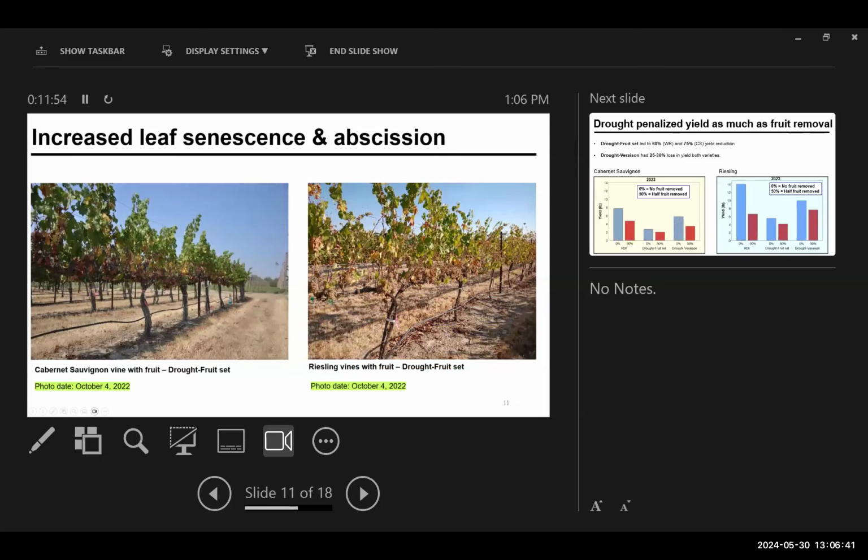These vines, I will show you photos. On the left is the Cabernet Sauvignon vine with the fruit on, and they're the ones that were undergoing drought from fruit set, the long or early drought. The ones on my right are the Riesling vines with the fruit on, with the same treatment, drought from fruit set. The photos were taken on the same day, and what you see is increased leaf senescence and abscission, which is in turn impacting the functionality of the crop to perform, even making sugar and transporting it